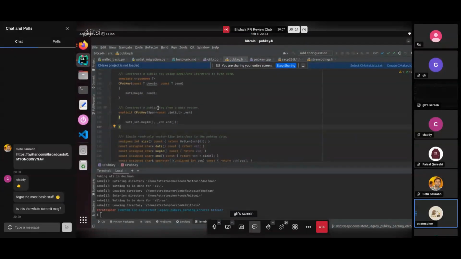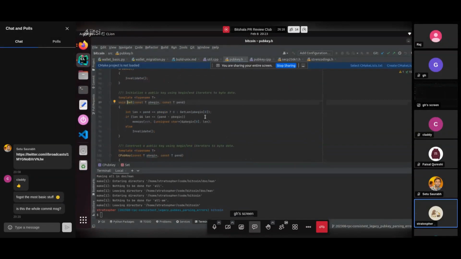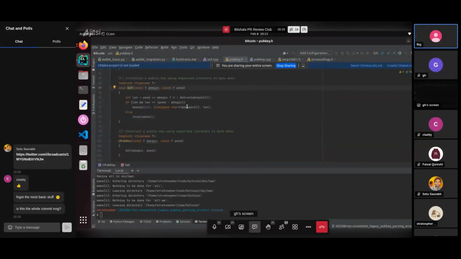Yeah, so you construct a public key from this byte vector. You just passed in this byte vector, and it calls this function set. And if you go inside here, you're initializing a public key using the begin and end iterator of the byte data. So it's basically taking the byte data and